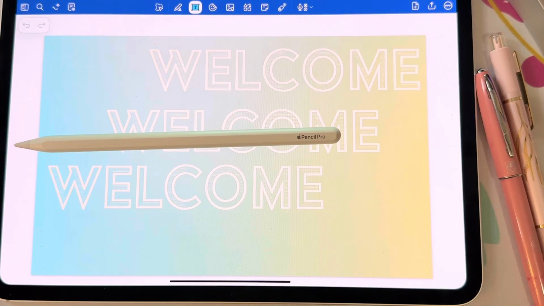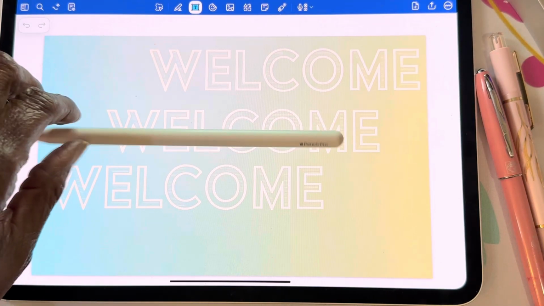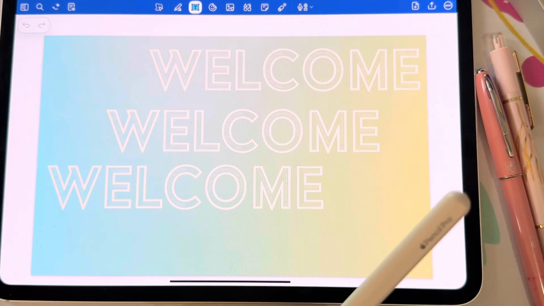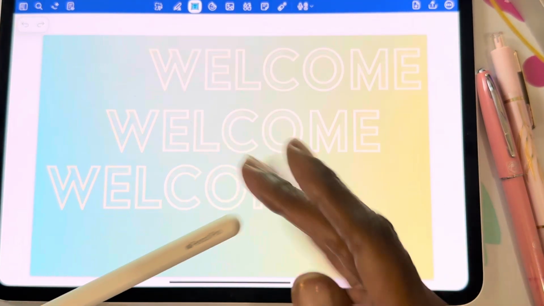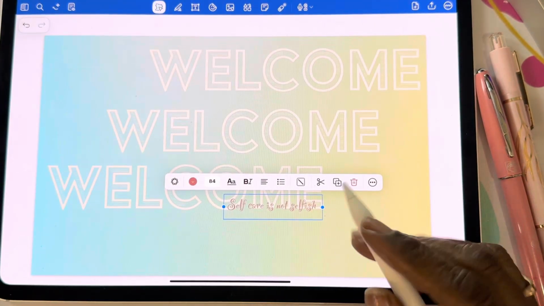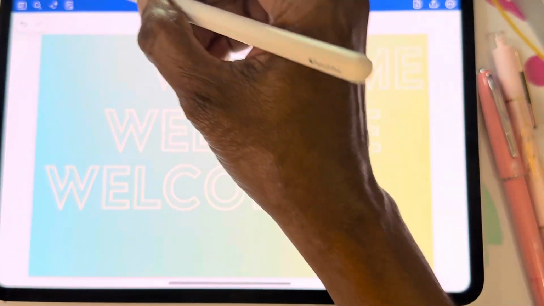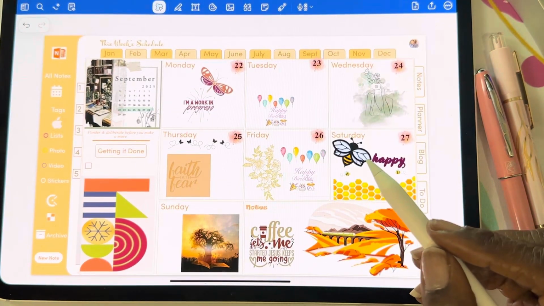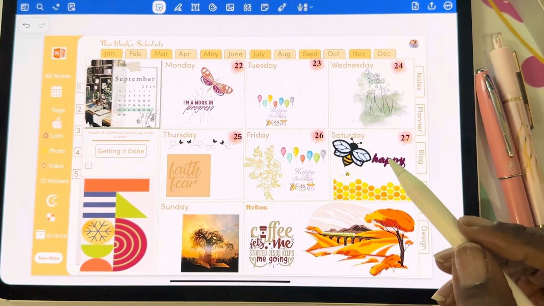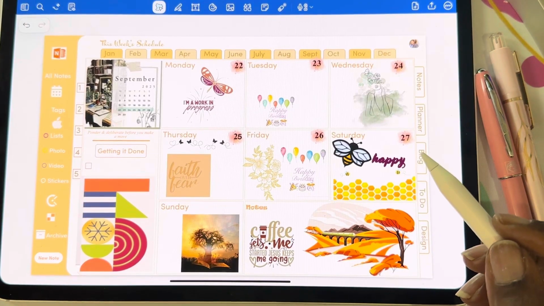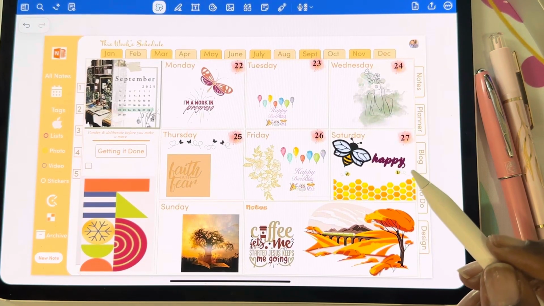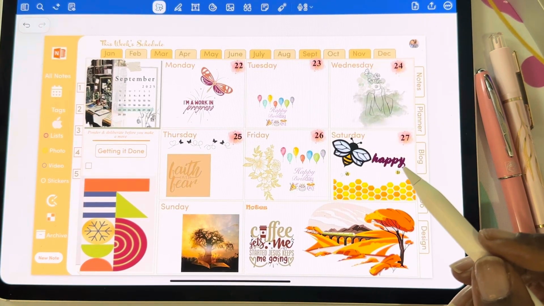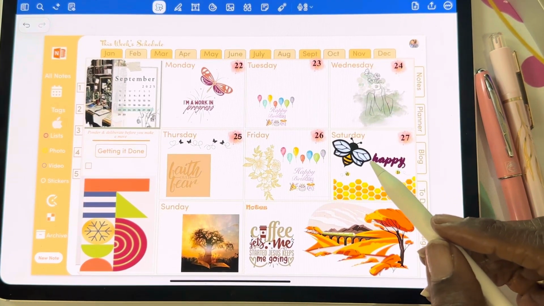Today I'm going to be working in my GoodNotes 6 planner, and I am using my Apple Pencil Pro, my iPad Pro with the M4 chip, and GoodNotes 6. So I have almost everything laid out. I just wanted to add a few things to kind of spruce it up. I do like using color and elements in my planner, and many of these I have either